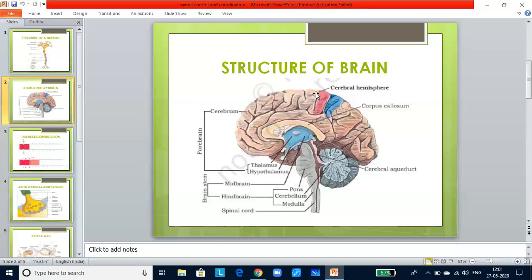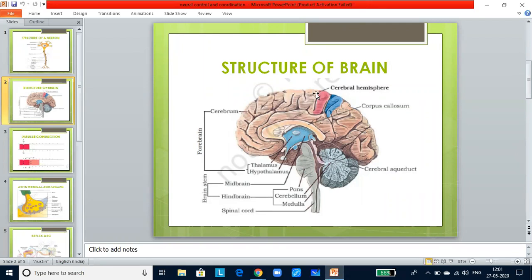Now let us look at the spinal cord. It is a long cord-like structure at the back, centrally located and well protected by the bony vertebral column. The inner butterfly-shaped area is the gray matter. The white matter surrounds the gray matter, and it is composed of bundles of myelinated nerve fibers.